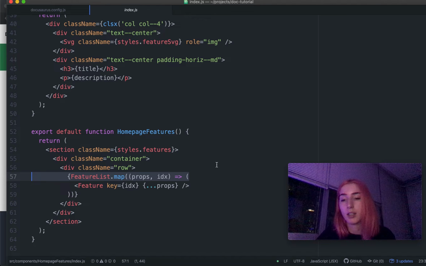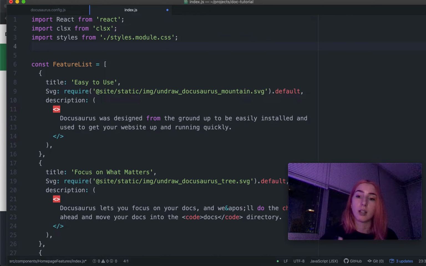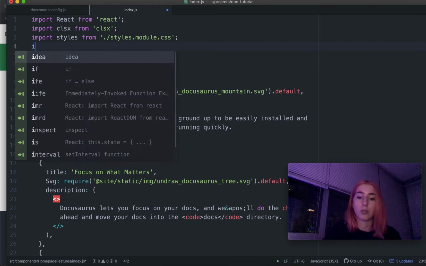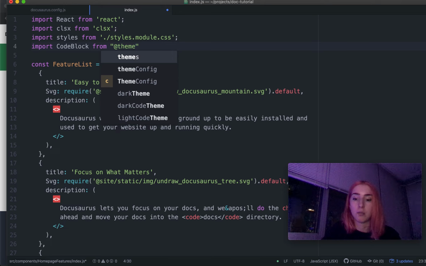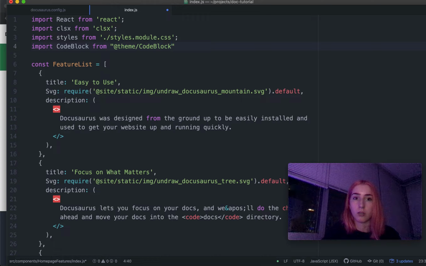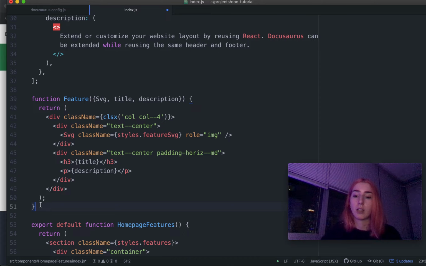So when I was building the code blocks, I wanted to do the same thing, as in follow this pattern of not recreating every component separately, but also having a list of code snippets and then displaying them. So let's first create the functional component to display these code snippets and their descriptions and titles. For that, we can use a component that's provided for code blocks itself from Docusaurus. It's called code block from